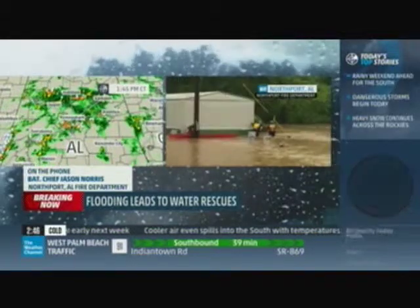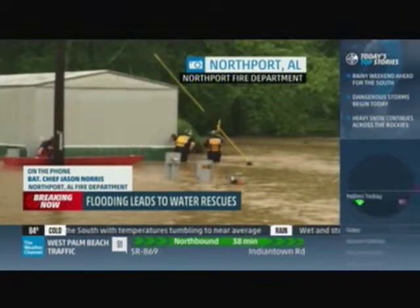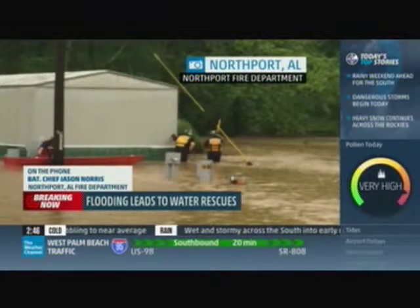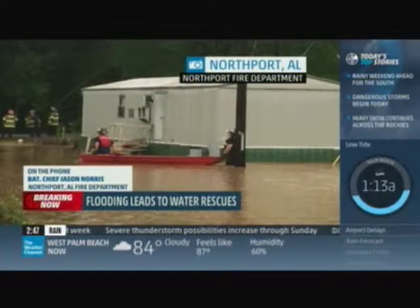Well, fortunately, the water receded fairly quickly after we arrived. What we do is we mark the water line as soon as we arrive there. That way we're able to keep an eye on it, and we're able to tell, most importantly, if it's rising, but we're also able to tell that it was receding, and it was receding fairly quickly after we arrived. So, but, with more rain on the way, that could change, and it's something we're going to keep a close